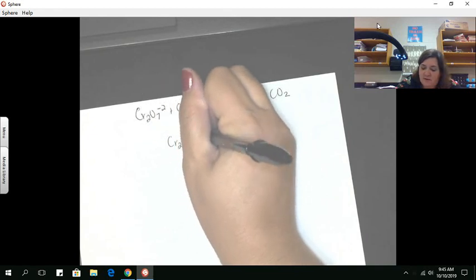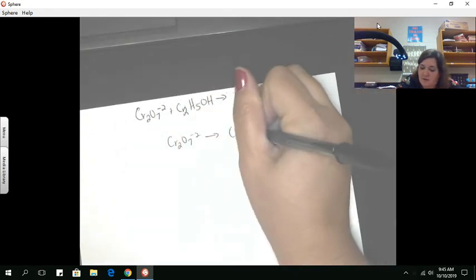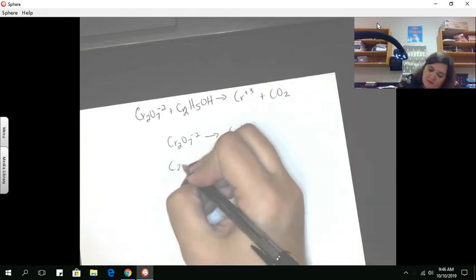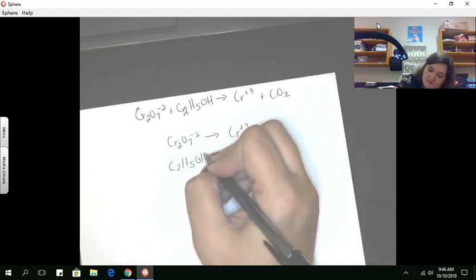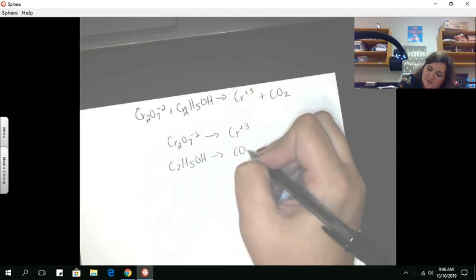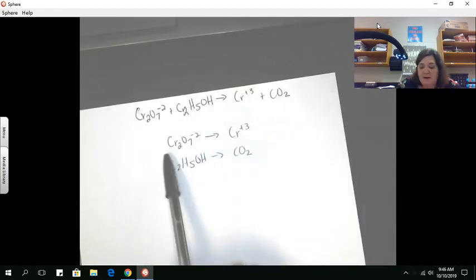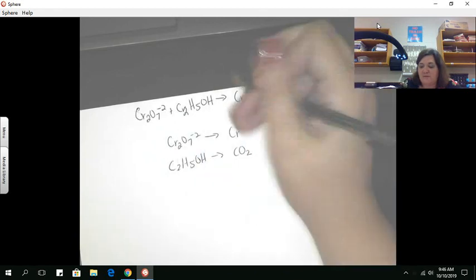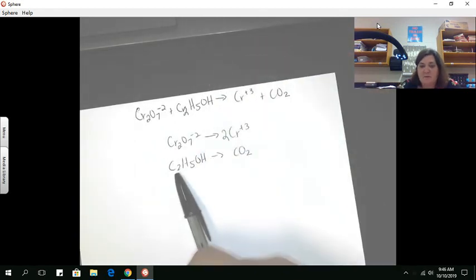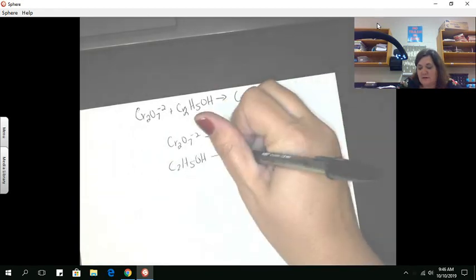dichromate ion and the chromium ion, and then C2H5OH to the CO2. Then we want to balance our non-oxygen or hydrogen atoms. So since we have two chromiums on the left, we would need two on the right. Same with the carbon. We have two on the left, so we'd have to multiply by 2 to get 2 on